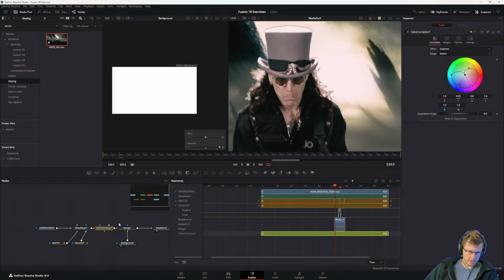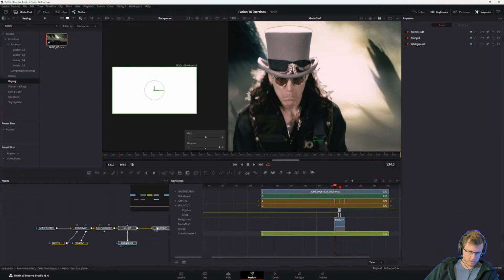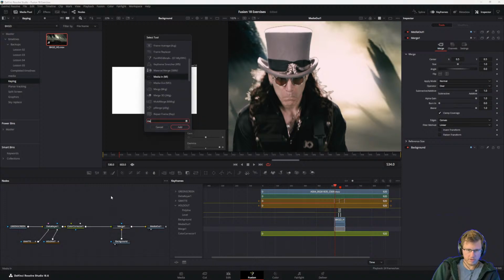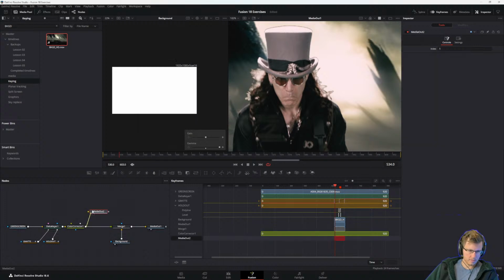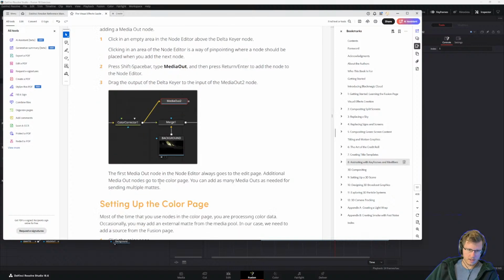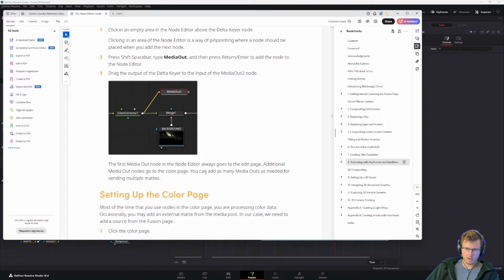So we can create a media out, and we just plug this in. And then the first media out node in the node editor always goes to the,